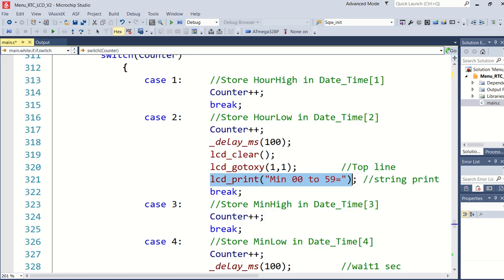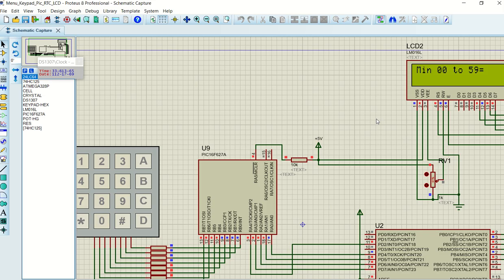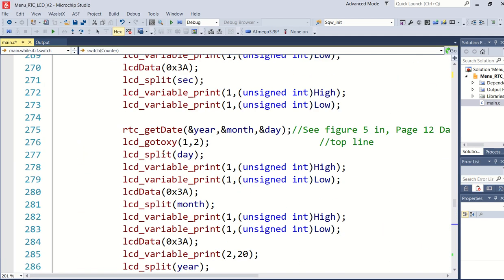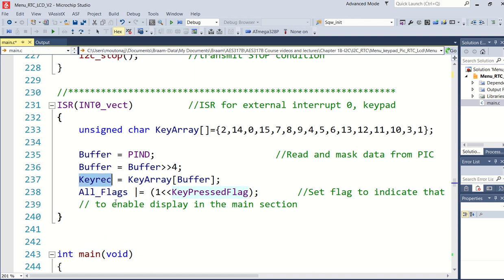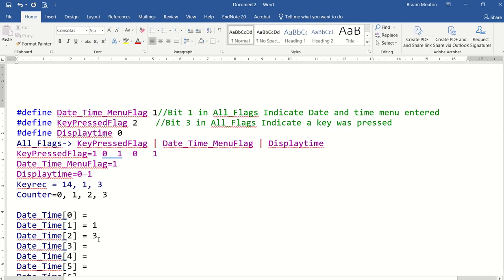Let's see if I can quickly run through that. So again, if I now start pressing, in my case, it's 34. So if I press a value of 3 again, what's going to happen in my program? I will again jump into the interrupt service routine. Key rec will become a value of 3 because it's 30.